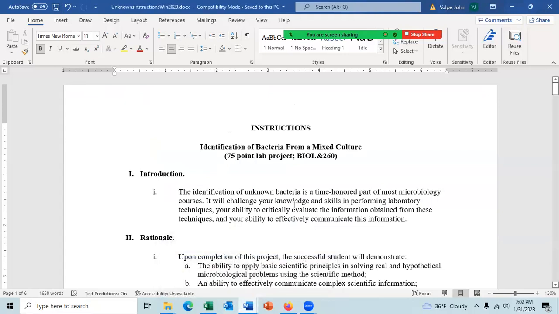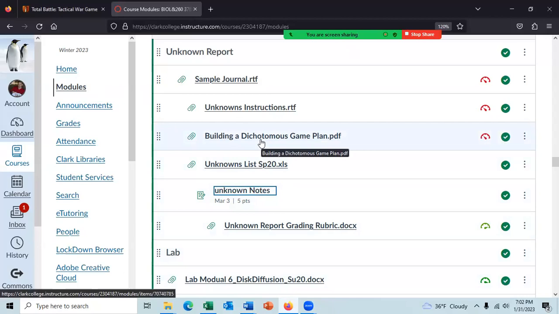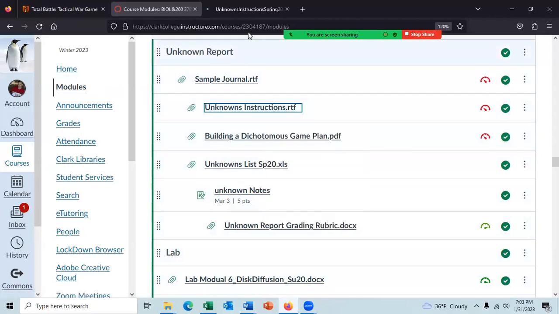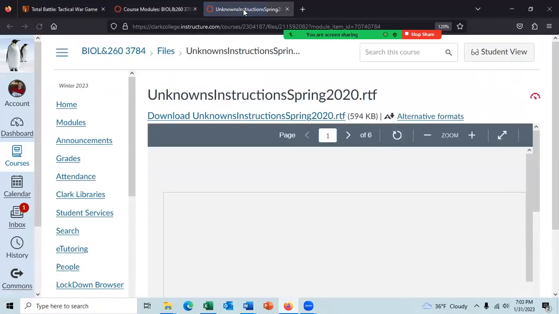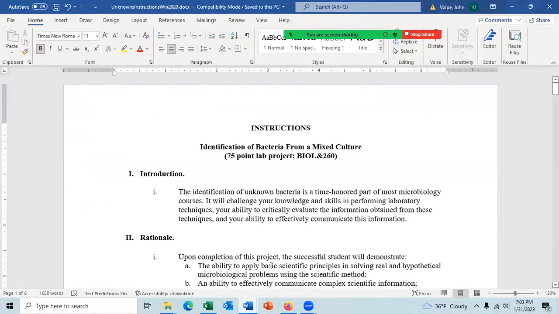I think I should check on that to make certain, but I think on the instructions I gave you, it'll tell you it's a 75 point thing. I'm using my own copy, which is probably an older copy. And yeah, it's a 75 point project. I'm just using my instructions because it's a little easier running from my computer.